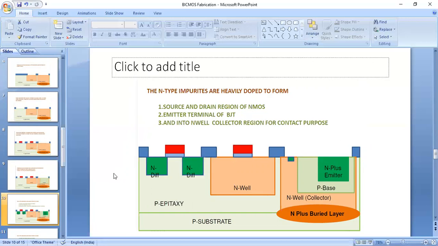Okay. So why do we create this N-type material? I mean, doping this N-type material into this P epitaxial layer, for creating a source and drain for this NPN transistor, right? So that's what we need to create this N well within the epitaxial layer.